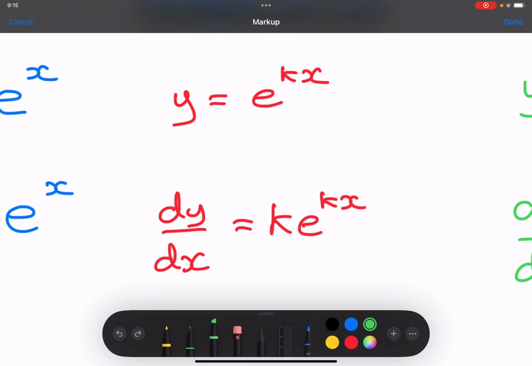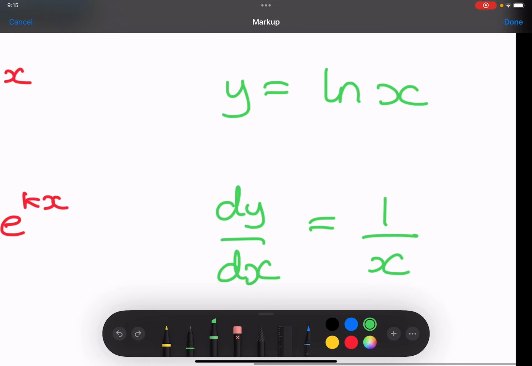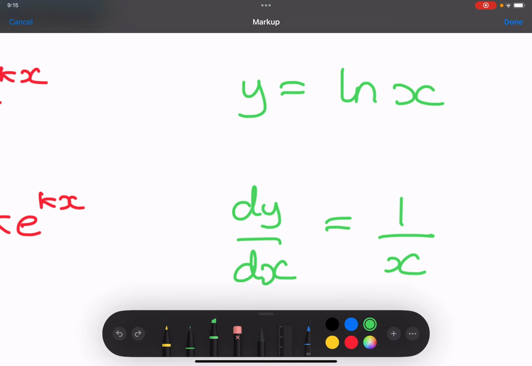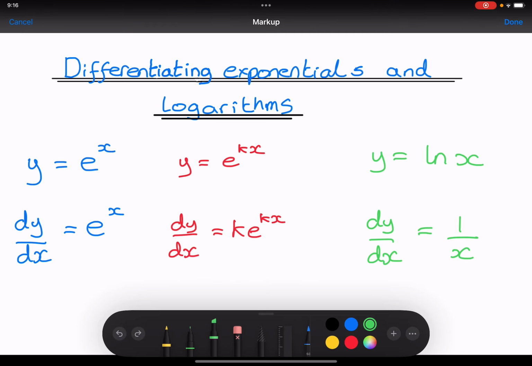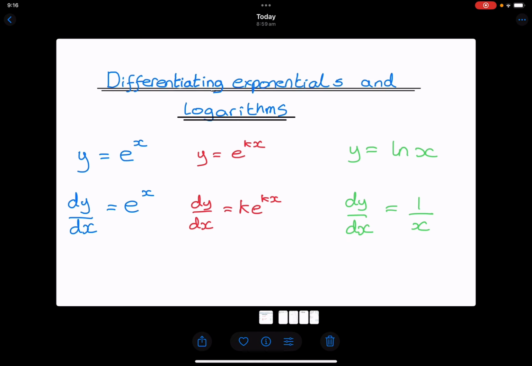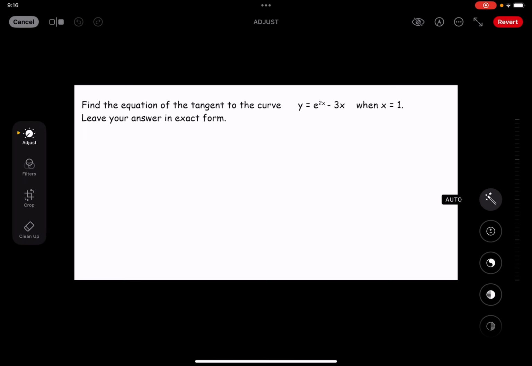So that's about differentiating the exponential. Differentiating the logarithm, we didn't see that in year 12. This is going to be brand new. When we differentiate ln x, we get 1 over x. And I'm going to prove that result to you shortly. So, first let's have a look at an example of differentiating